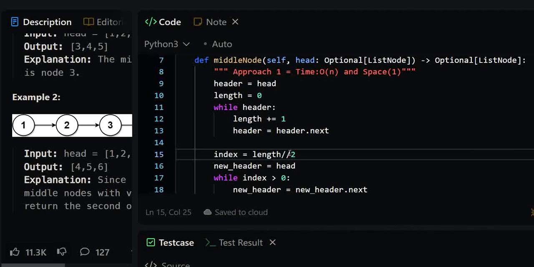In the sense, even if the length of the linked list is even or odd. So if the length of the linked list is 5 or 6, for both it will work and give the exact value that we need. So once we get the index, we are again creating another variable, that is new header,